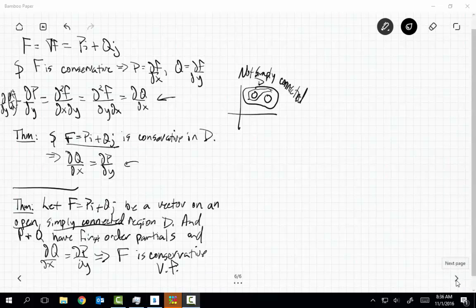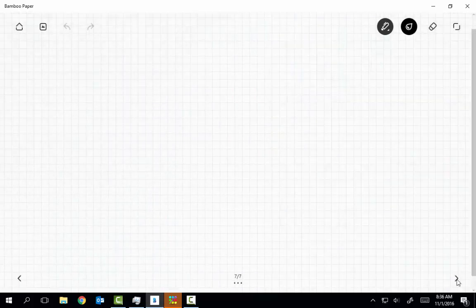All right, now is probably my favorite part of this whole section. Because hitherto, all we've had is a bunch of theorems, and this idea of conservative vector fields, and open domains, and simply connected, and so on. Let's put it to work, okay? I'm going to give you something, and we're going to solve it algebraically because it's going to sort of fly in the face of the theorems that we've already talked about, because I'm going to give us a 3-dimensional vector field F. I'm going to let this thing be F equals y squared i plus 2xy plus e to the 3z j,